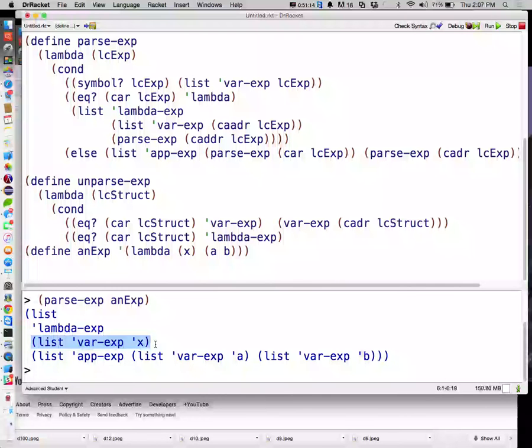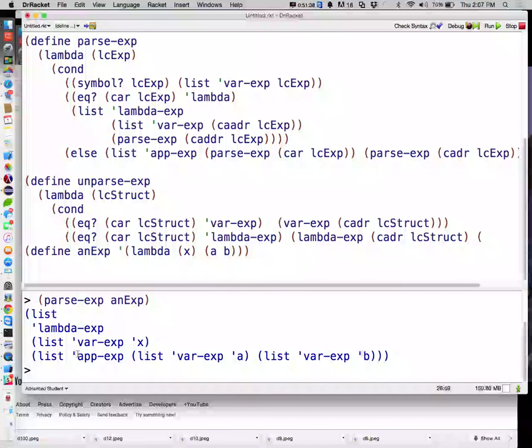How do I access that guy? Cadr. So we're going to call lambda-exp on the cadr of LC struct, along with the